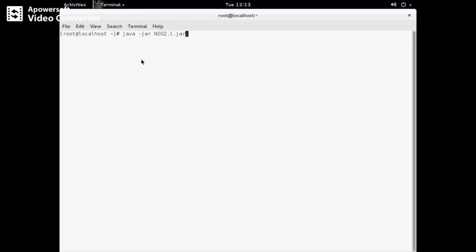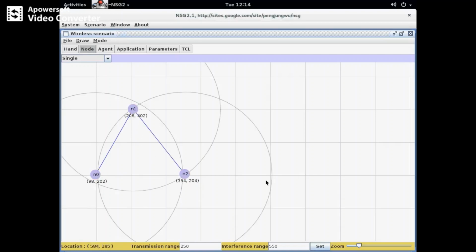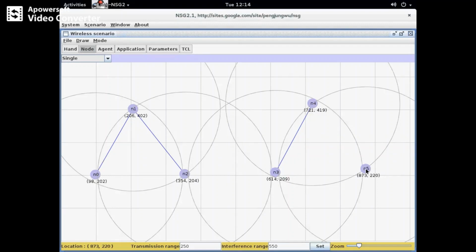So now I am going to run java -jar nsg2.1.jar. Click on this. In the scenario we need to select wireless, go to node. I am going to take the number of nodes here: N0, N1, similarly N2, N3, N4 and N5.